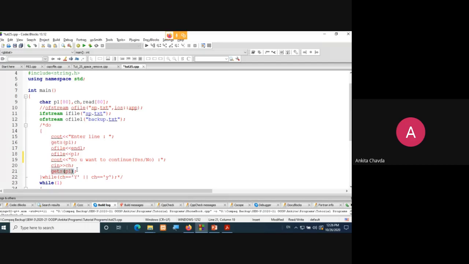Then again it will read the line, again it will insert the same thing, again it will do the same thing. So we are having this do while loop, right? For that content, I have written this code. Now this is the code where I am already having one file sp.txt, which I am opening in reading mode, of course, right? Because I'll read from one file and I'll write into one file. This is what I'm going to do.